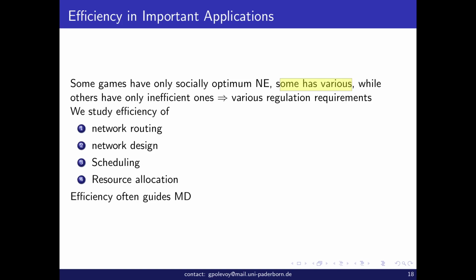So that's important to know. And we in particular look at 4 important classical examples. So we looked at network routing, when you need to route a certain amount of flow through a given network. We looked at network design, when you need to design a network,